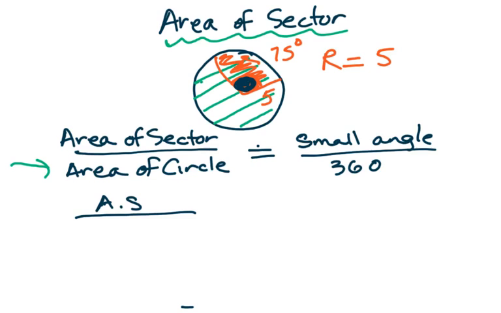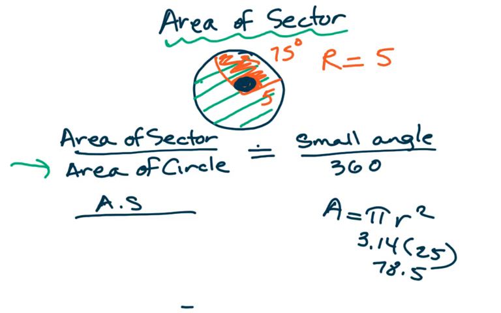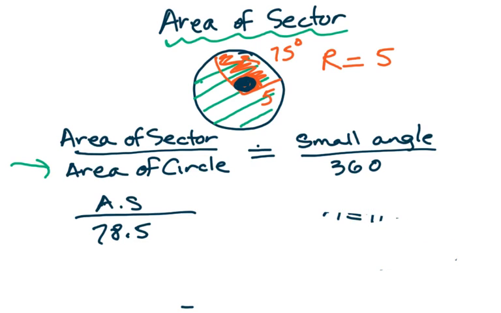Now to find the area of the circle, area equals pi times the radius squared. So that's 3.14 times 5 squared, which is 25. And when I put that in the calculator, I get 78.5. All right? So the area of the whole circle is 78.5. All right, let me erase this. Okay, now we're going back to the thing. So this equals,